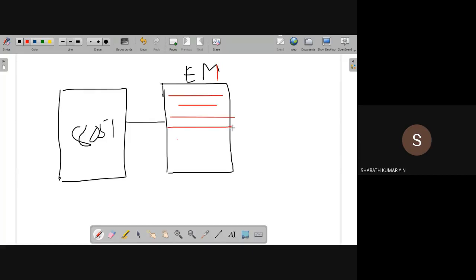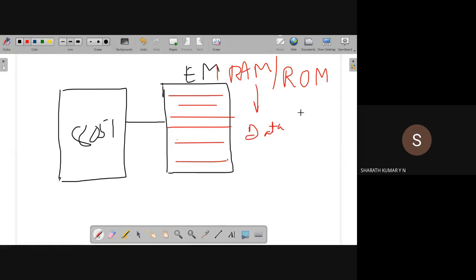there are locations, because external memory is used as both RAM as well as ROM. RAM means data storage, and ROM means code space, code memory, instruction memory. So whenever there is a memory, there is an address, just like our house address. How can we have a house without its address? Not possible, at least in a city environment. So whenever there is a memory location, there is an address for each memory location.